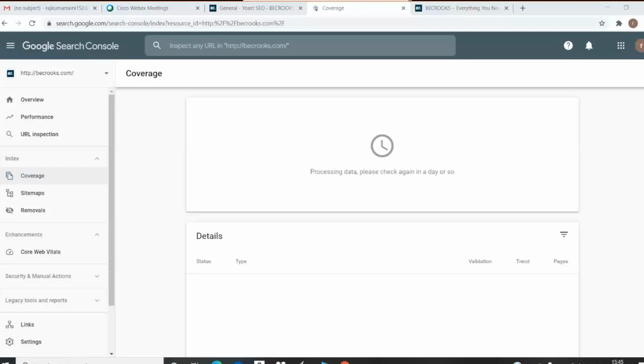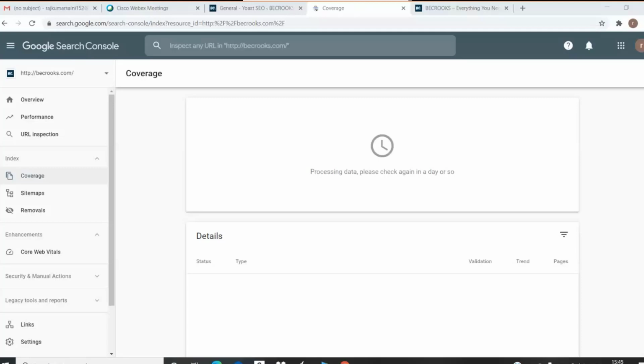Removals, there is a section for removals. In case you want to remove some page from being shown on Google Search, you can do that. There is a place wherein you can get to see which websites are pointing through backlinks to my website, and which words they are using, onto which, when somebody clicks, the user is taken to your website.